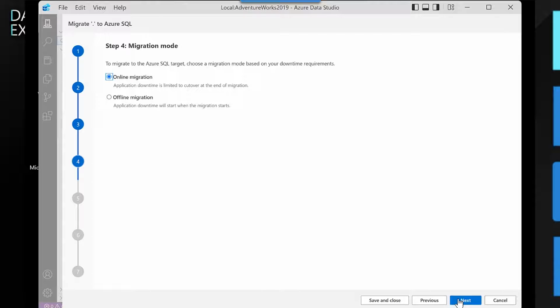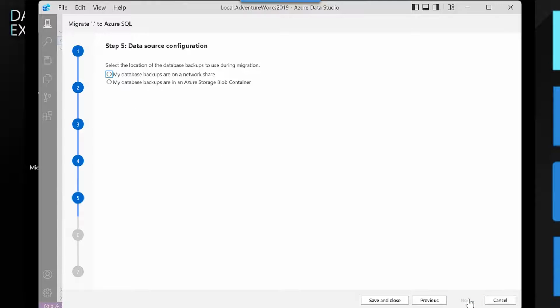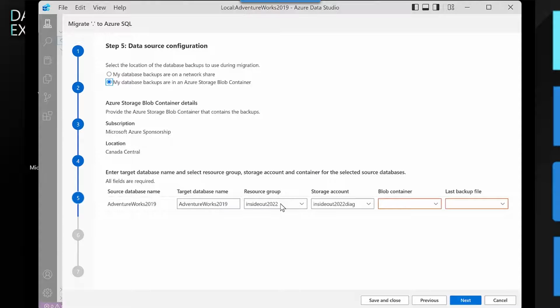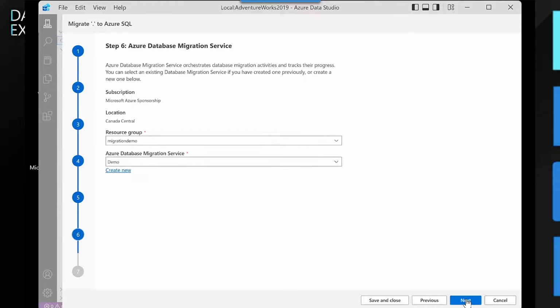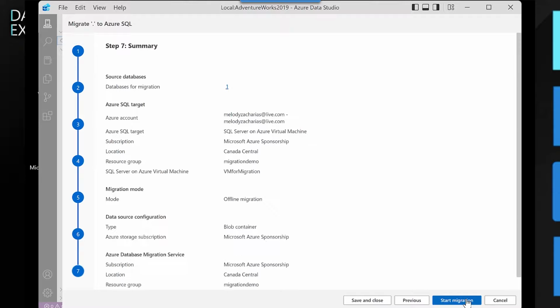It fills in a lot of the functions for me. This migration I'm going to do as an offline migration because I've tested it a number of times. I don't need to keep it up in sync at the moment. And once I choose the resource group, it will automatically choose items that go along with it for items that I've used before, and it automatically finds those and fills them in for me. It gives me the option to determine the migration